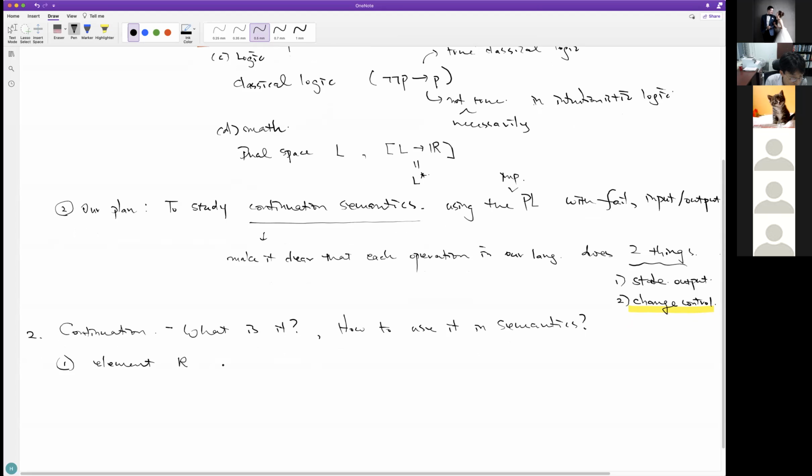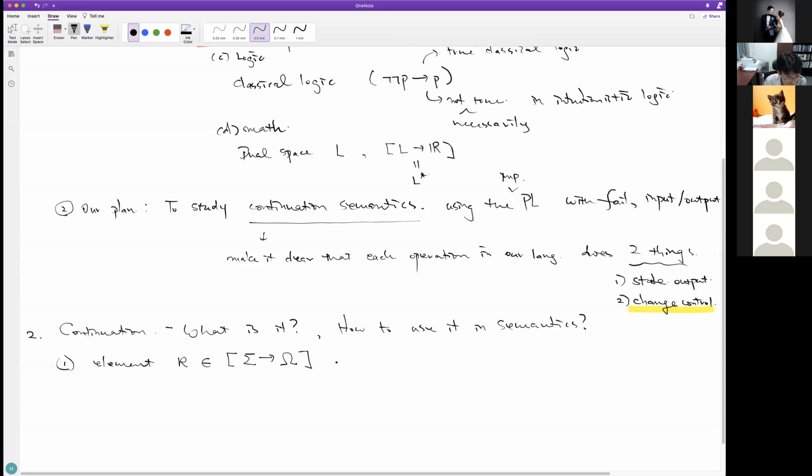I'm going to usually write it as a kappa, which has a similar sound as a C. This is an element kappa that maps from a state and returns omega. So it has the same form as a semantic command that we used before, but the intuition is very, very different.